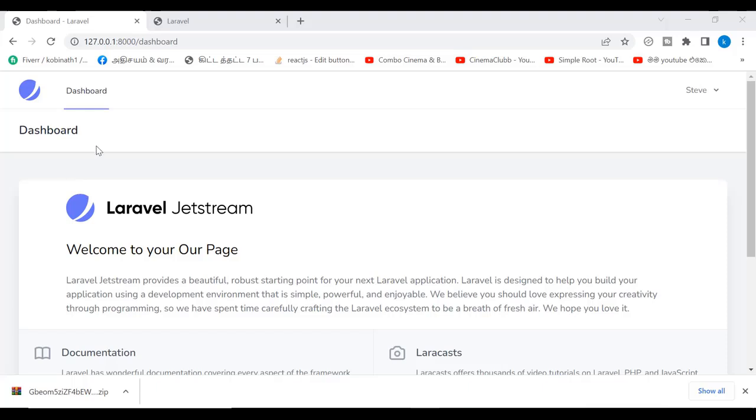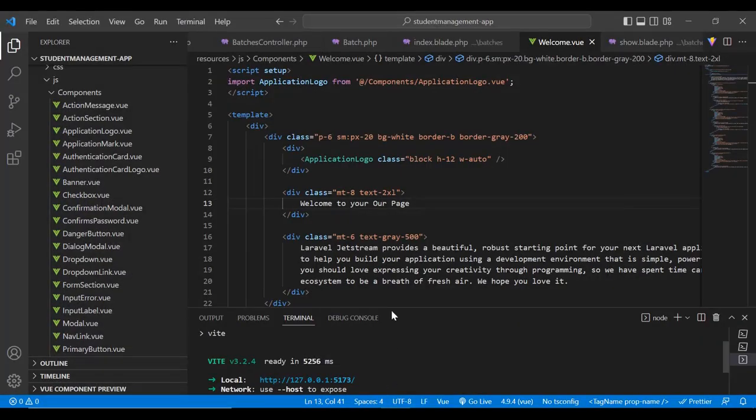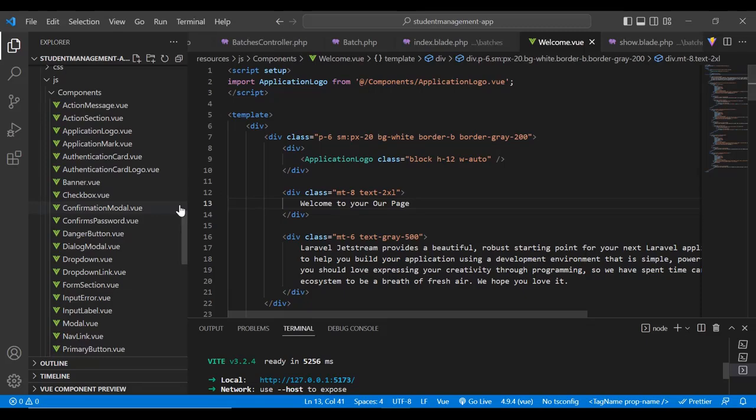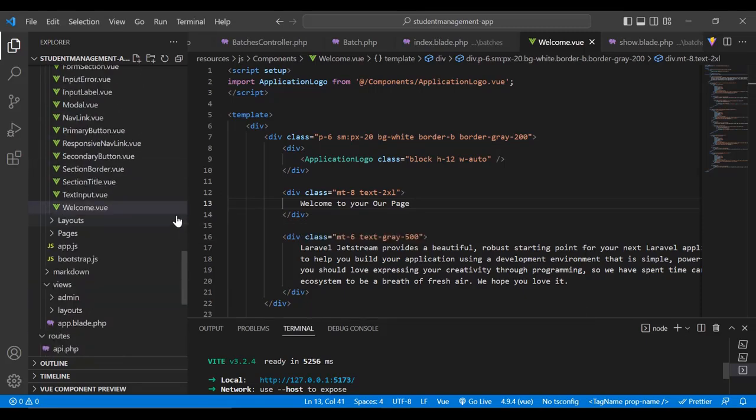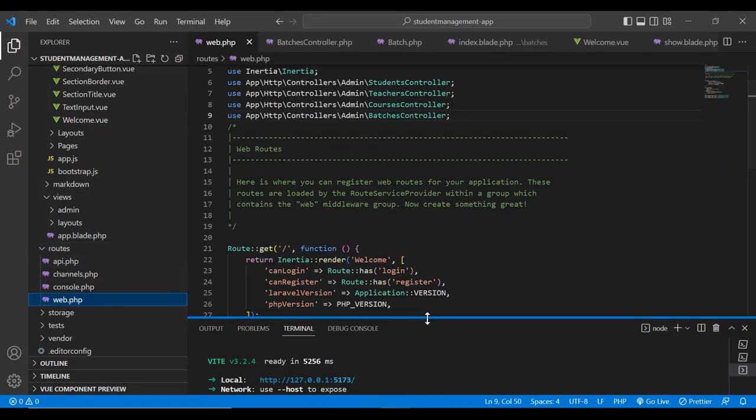Let's continue the video. So, what I'm going to do is, now let's go back to our project. Now here, go to the routes, web.php. Now you can see here